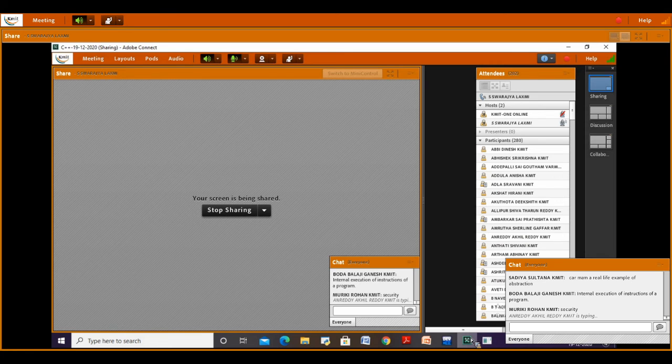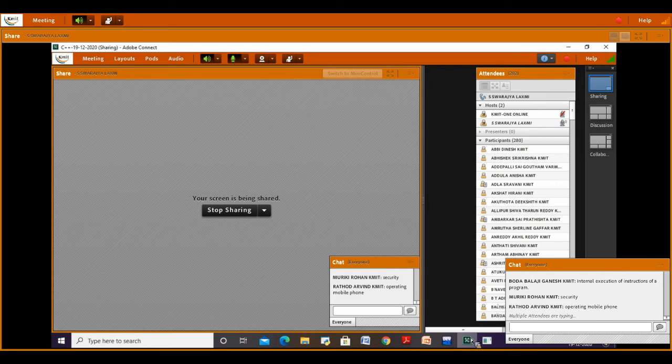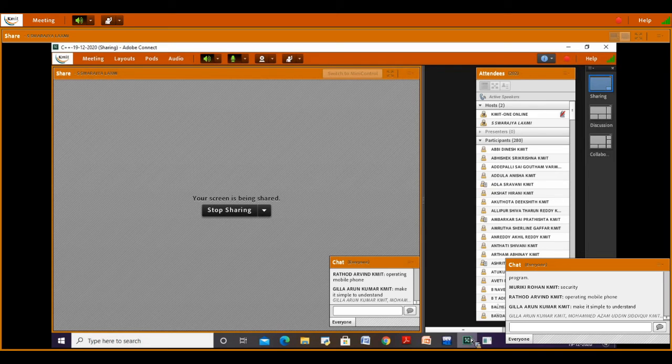Okay, security and more. And what more? Advantages of abstraction. Right, it makes it simple to understand.